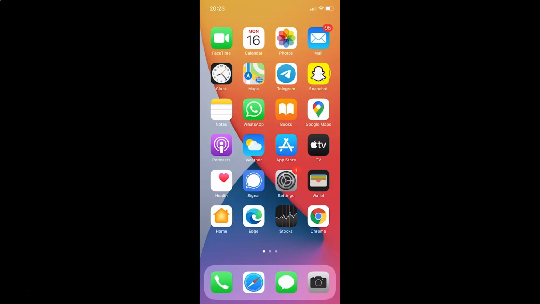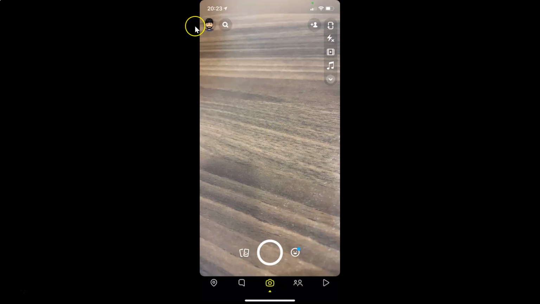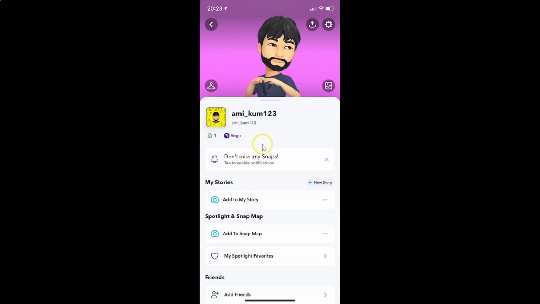So here is my Snapchat app. Let me tap on this to open it. You can see guys it's opened, and after that you have to tap on your Bitmoji at the top left. And you can see I have my profile page opened, and after that you have to tap on this gear